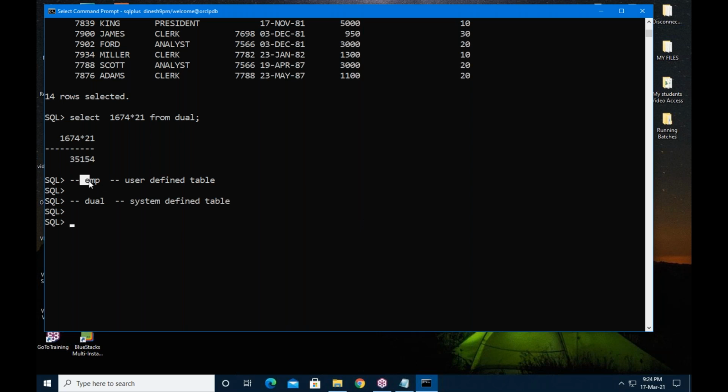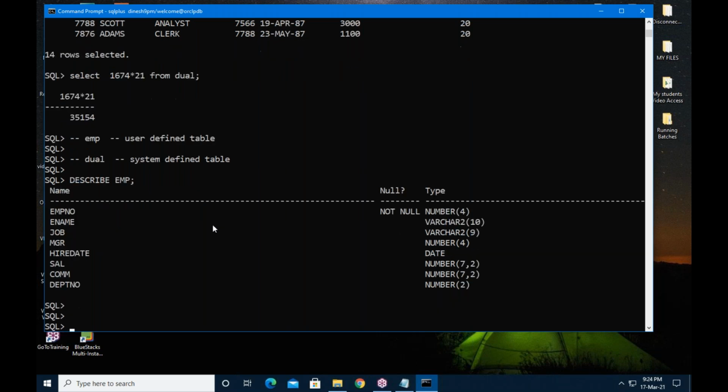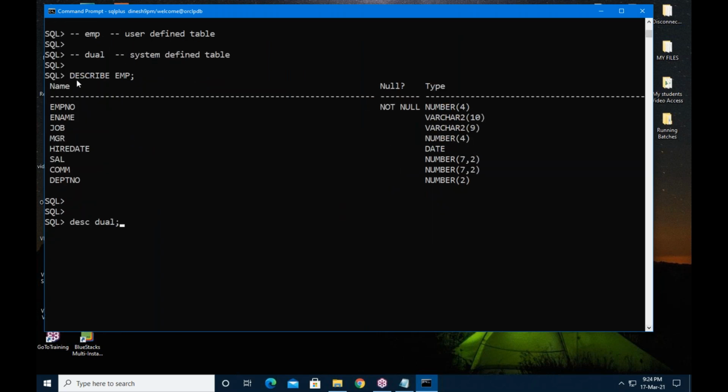Can I see the structure of EMP? Yes, describe EMP. Similarly, can I see the structure of dual? Yes, describe dual. I am using a shortcut command here. DESC is the short name of describe.